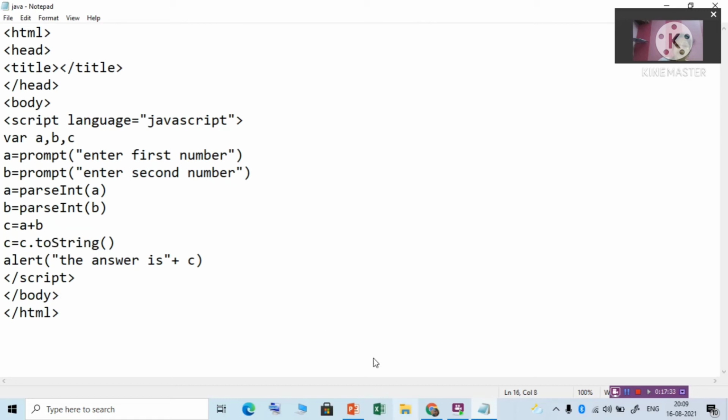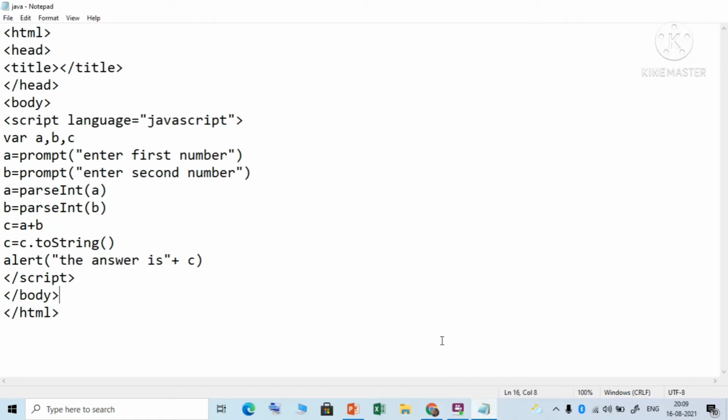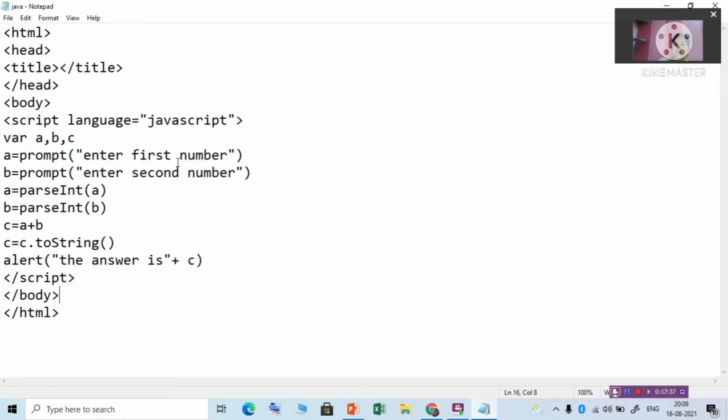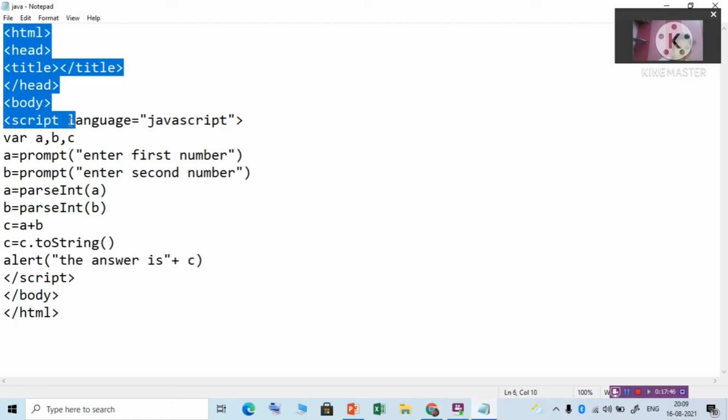But some user defined functions will be there. These all are your library functions or already defined functions. We are just using them. So how can you write our own function?